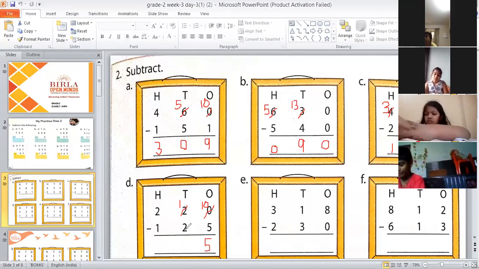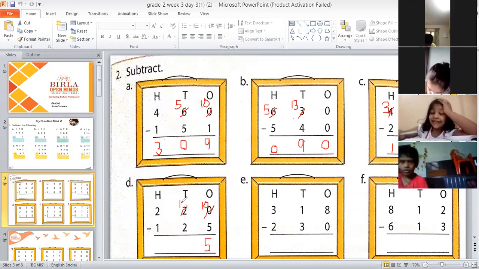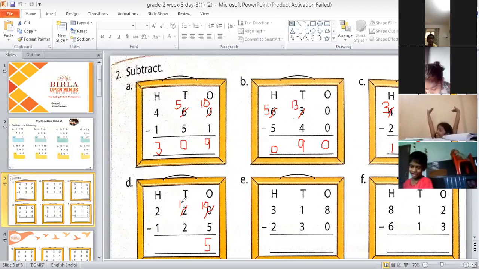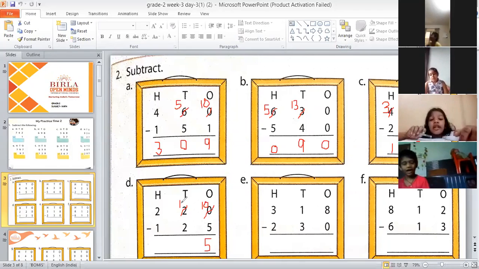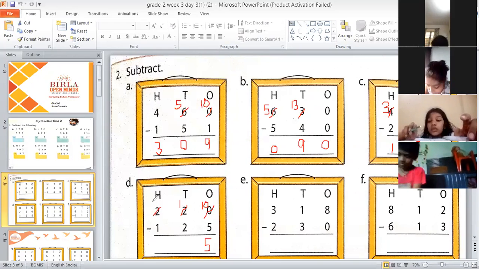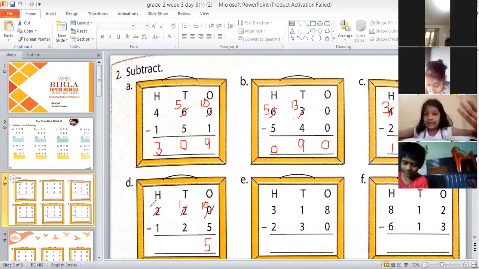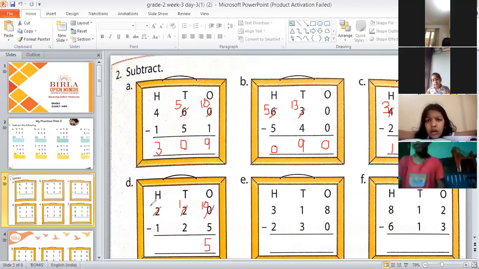Now, Akshay, tell me, is it possible to take away 2 from this 1? No, ma'am. What we will do? Borrow. Yeah, Dhriti Rathi, keep on checking your answers. Okay, so we will take borrow from the number in hundreds place. So what this 2 will become in hundreds place? No, what this 2 will become in hundreds place, Akshay? You have to think of a number which 2 will become 1.